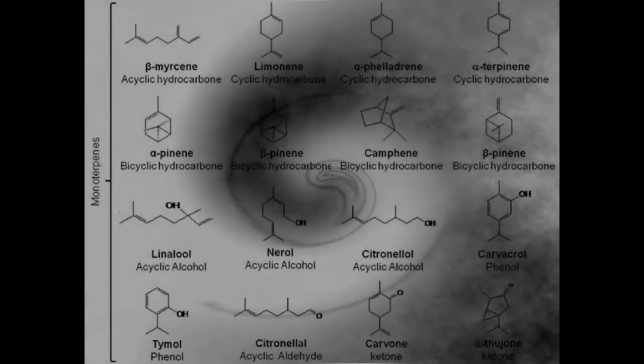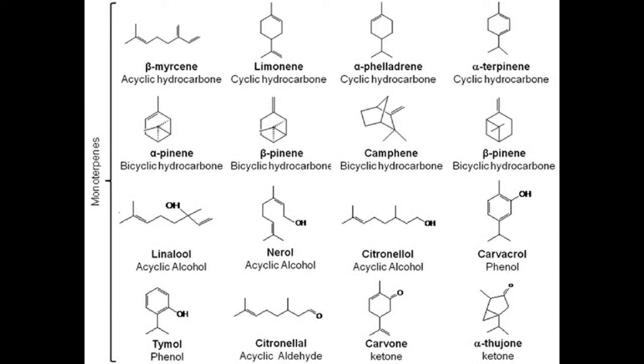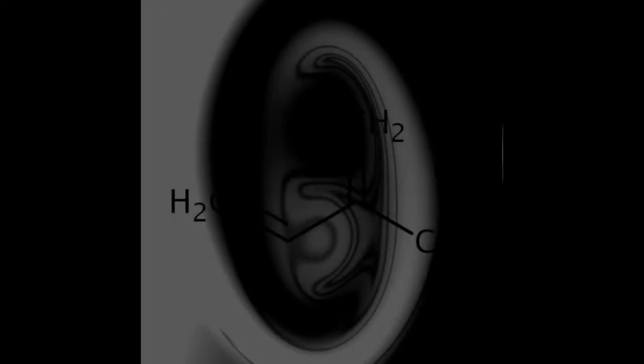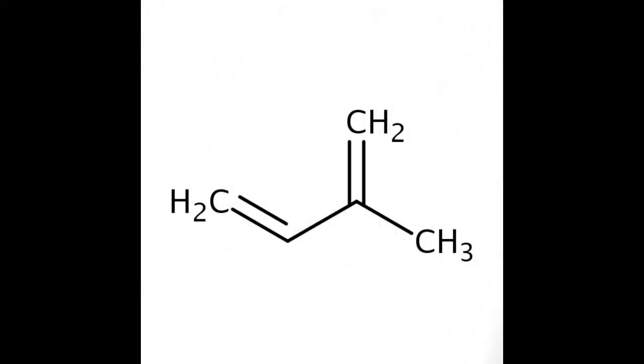What are monoterpenes? Monoterpenes are one class of plant compounds. There are lots of compounds that are found in the plants, and monoterpenes is one class of those plant compounds. Monoterpenes contain 2 isoprene units per molecule. So, in any kind of monoterpenes, there is at least 2 isoprene units per molecule of it.